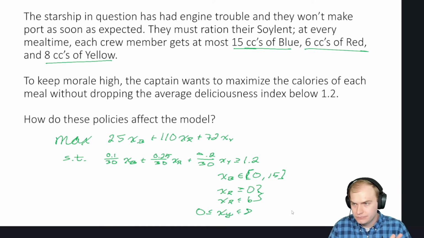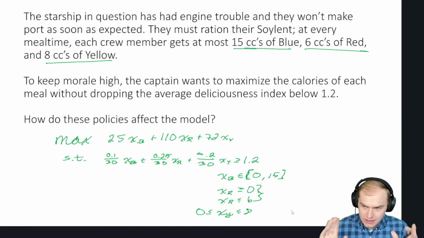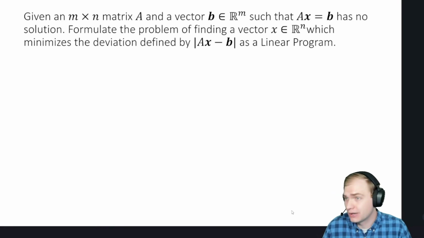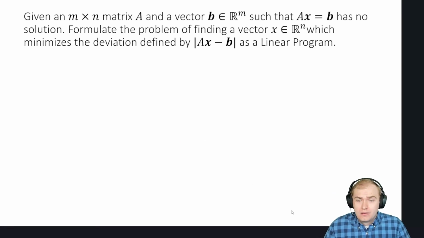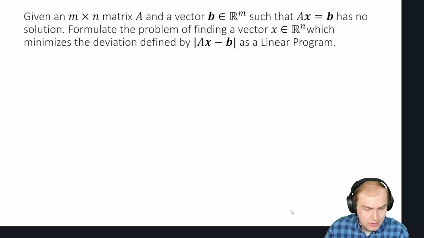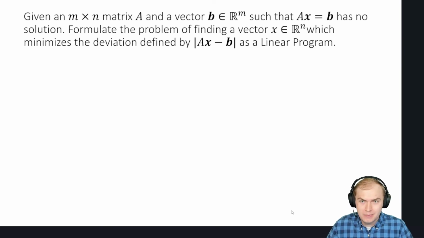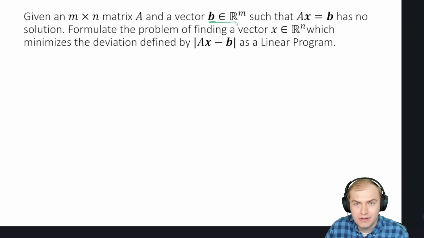No? All right. So the idea behind this was that with the same data, but a different objective, we might have a completely different model, formulation, whatever you want to call it. So let's think about this more abstract theoretical problem. Given an m by n matrix A and a vector B in Rm, if you're not familiar with this notation, this just means